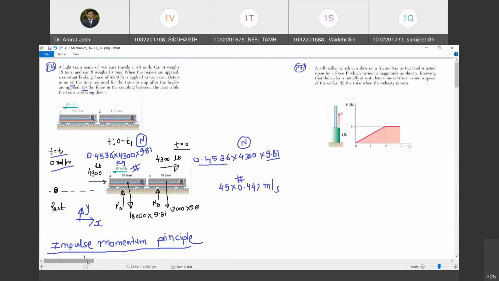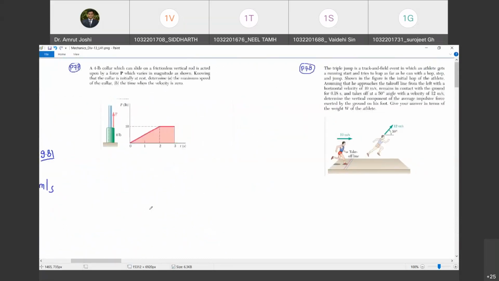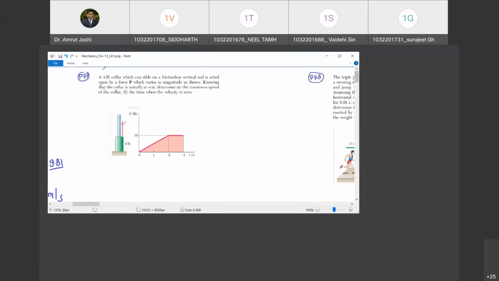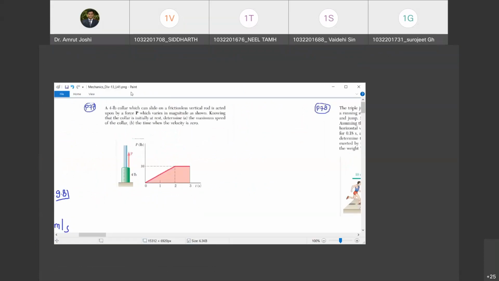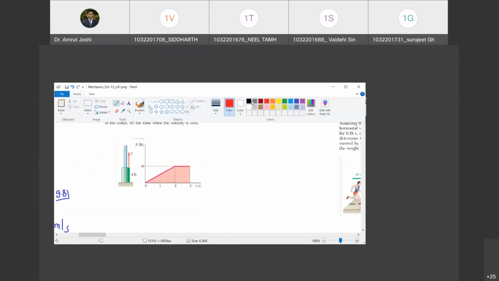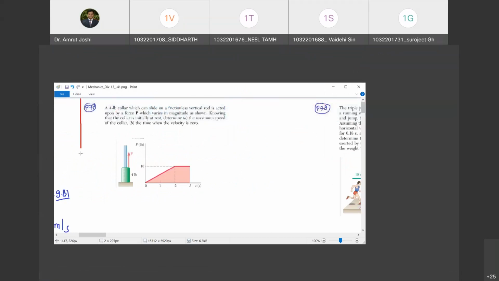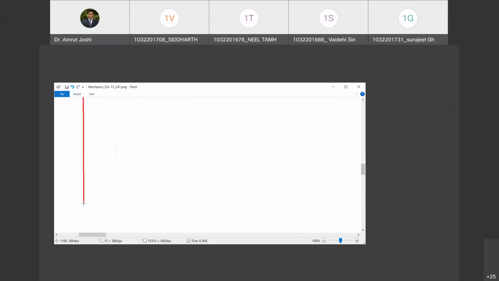Now, can you read problem number 77? Yes, sir. Just a minute. A 4-pound collar, which can slide on a frictionless vertical rod, is acted upon by a force P, which varies in magnitude as shown. Knowing that the collar is initially at...